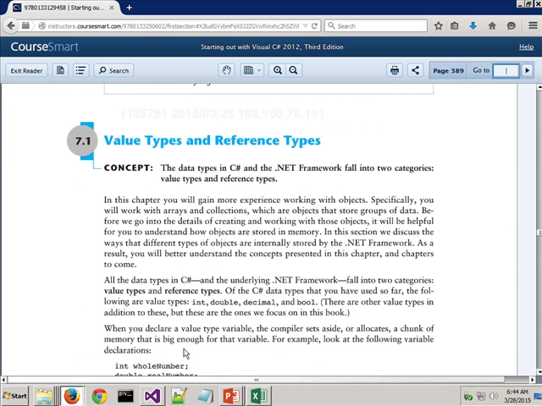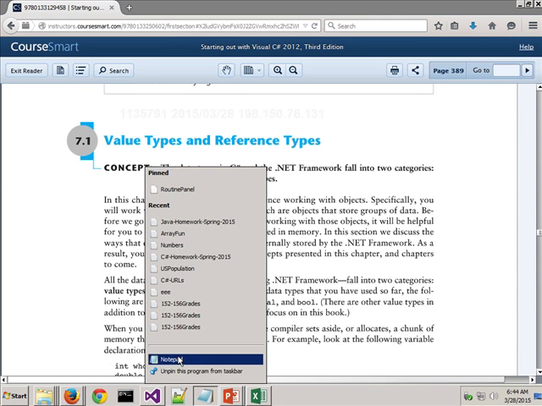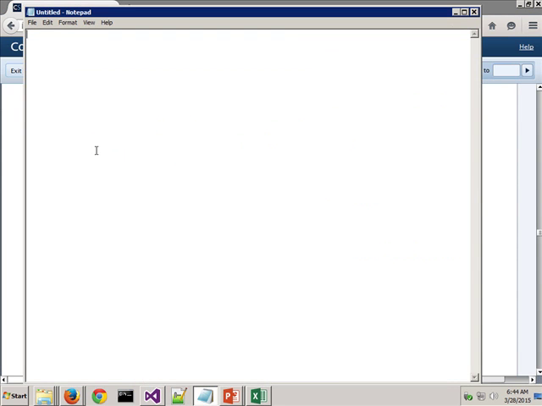Alright, the data types in C# and the .NET framework fall into two categories, value types and reference types. Virtually everything that we've done thus far has been a value type. So in other words, when we do this,